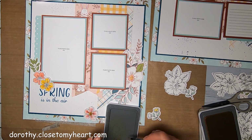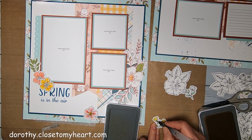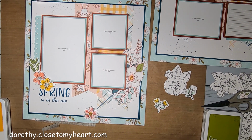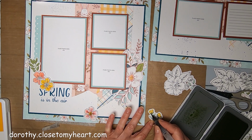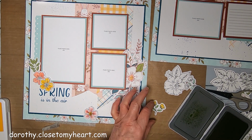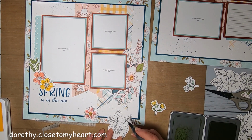So I decided I wanted to do the little flowers that way too. And I'm going to add, now those flowers, like I said, they have the mint shimmer brush on them. But I kind of wanted the flowers to be a little bit more contrast. So I'm adding some fern to the color because it's a much deeper color than the mint. So it just makes the whole little flower bouquet stand out a little bit more. So I could have painted them blue. Anyway, I'm going to do these